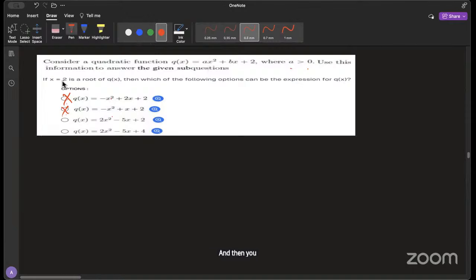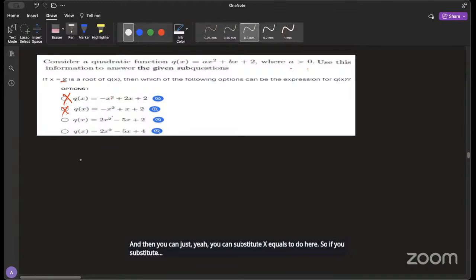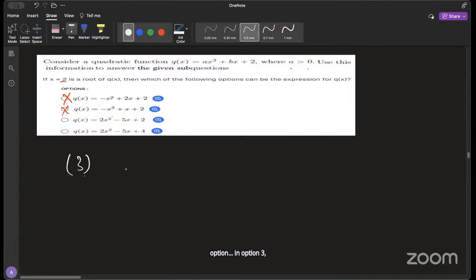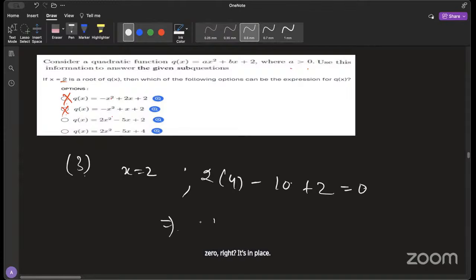And then you can substitute x equals to 2 here. So if you substitute x equals to 2 in option 3, you will get 2 times 4 minus 5 times 2 is 10 plus 2. So this will be 0, right? This implies option 3 is correct. And then for the D option, you'll have